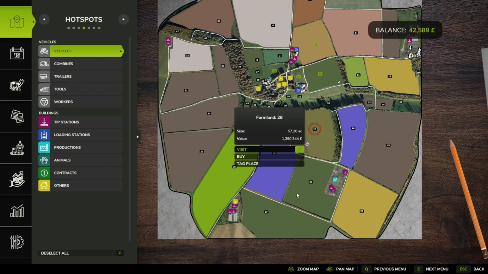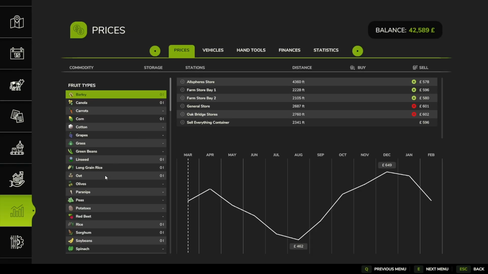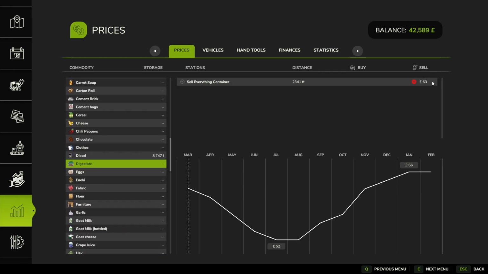I think silage might be the way to go, because we can also change it into the digestate, and I'm not sure what digestate sells for. Let's have a look. Where's prices here? So I think that's going to be here. That sells for £66,